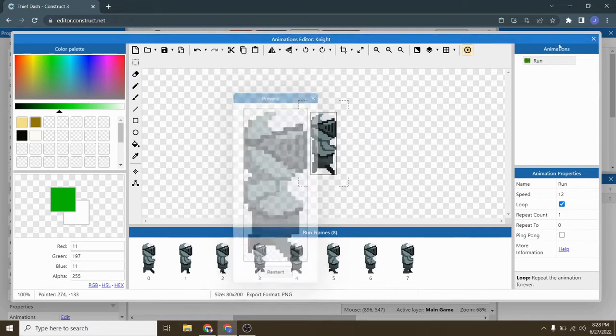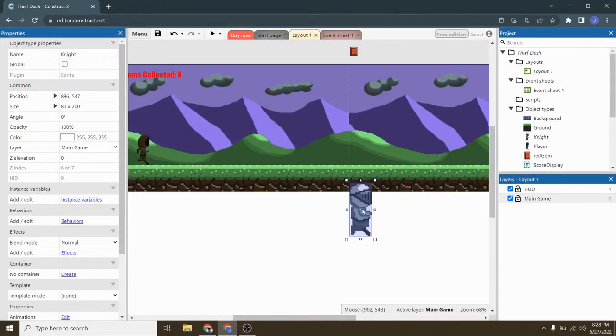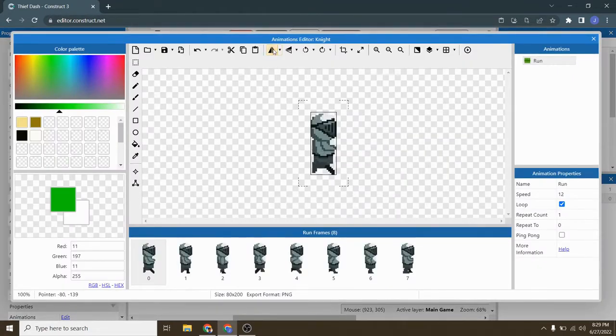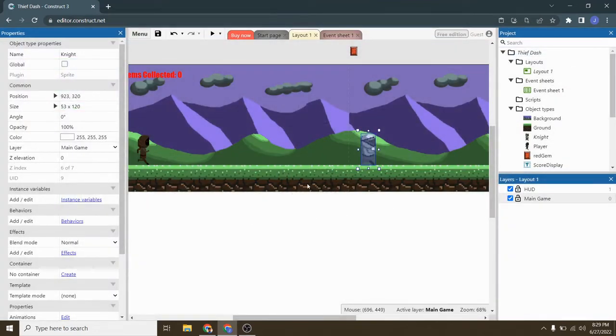So let's go ahead and close this out to insert the knight. And I do want him to be about the same height as the player. So let's put him there. Now I am noticing that the knight is facing the wrong direction because he should be running towards the player. So I'm going to put him over here. Now I could go through and edit it with the sprite editor, the animation editor. There is this button here. I can just flip all of them around,